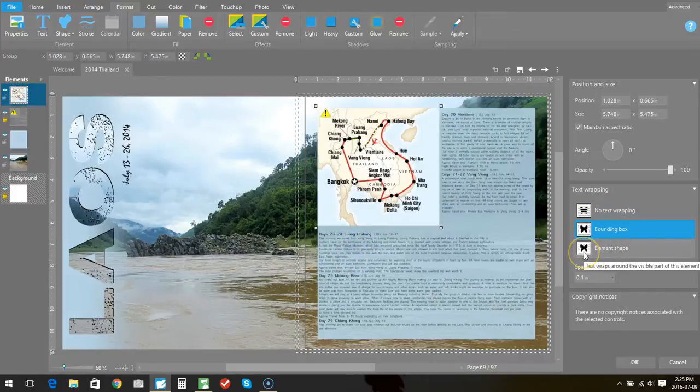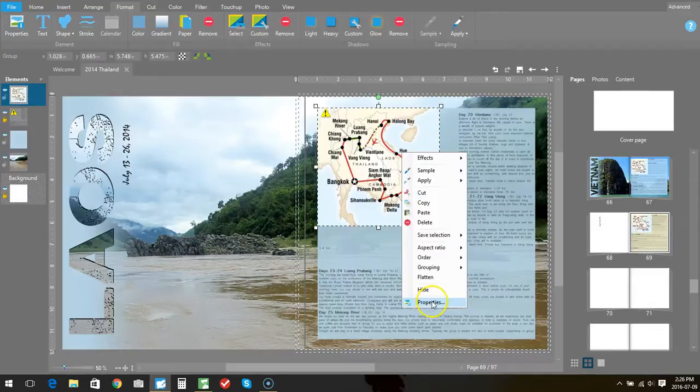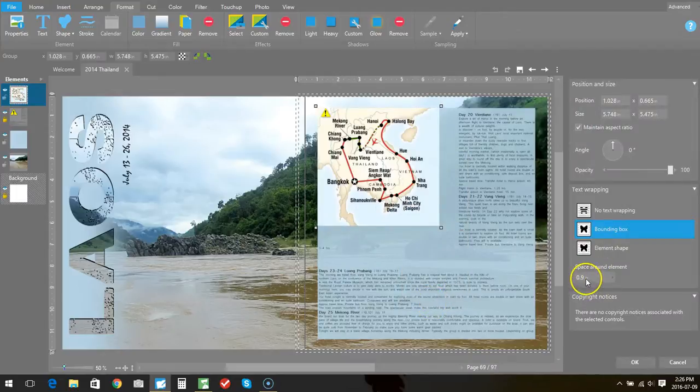Or if you want it, say it's a flower and you want it to go around each and every petal, you can click element shape. And then to get the space around the element, this is the tab where you can enter in a number. Look what happens when I enter in, say, 0.9. It moves it that much further away from the element box, but I'd like it a little bit closer than that, so let's go back to the 0.1 because that looked nice there. Okay,